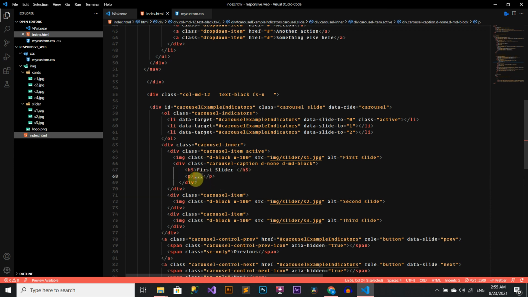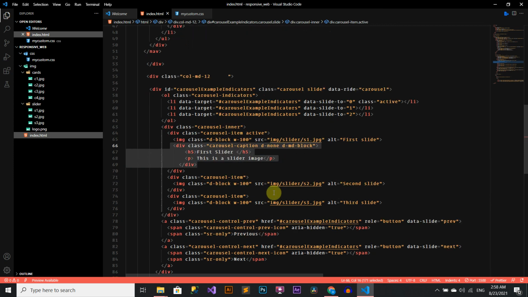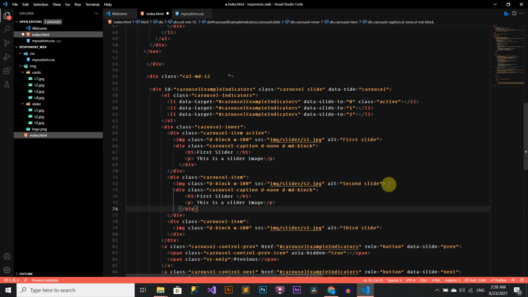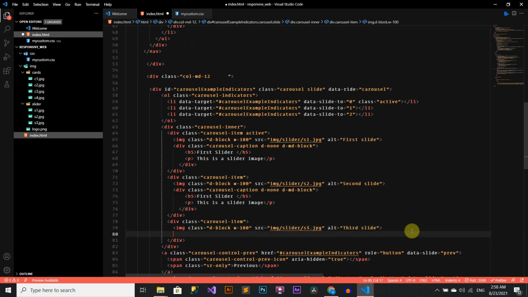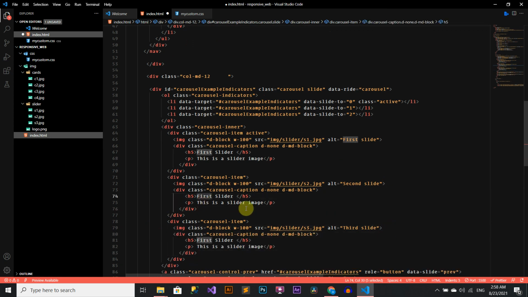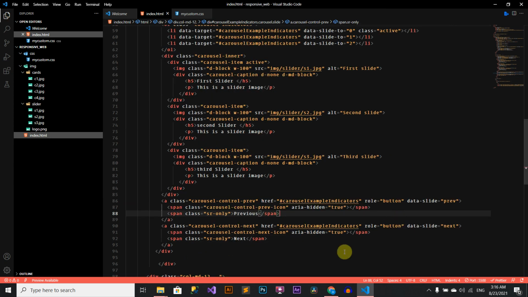I will write, this is a slider image. You can write anything related to your slider image. Now I will copy the same to the other two. Now we will check if it is coming.